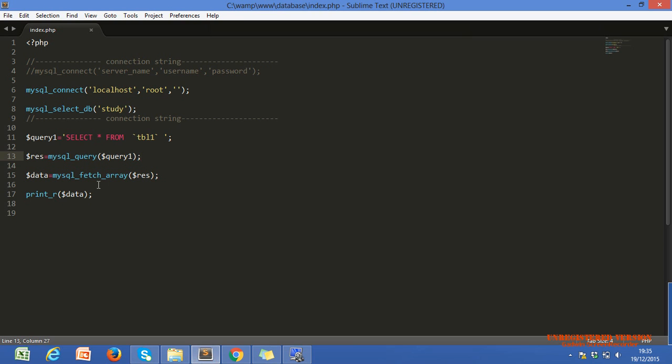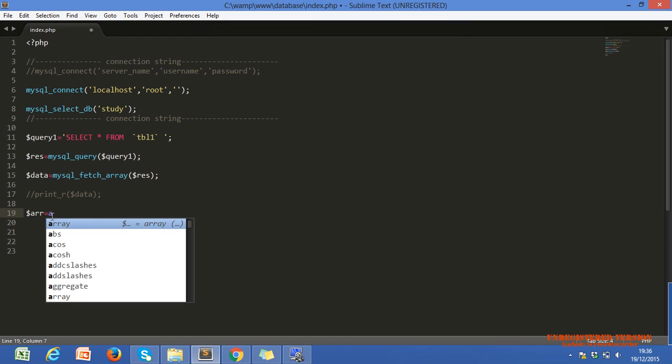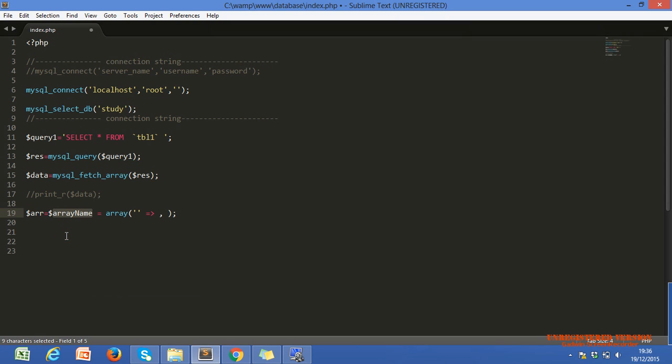One second. We have to know about the associative array before doing this. Otherwise, we can't understand the data, how we get the data, in which format, for the fetching techniques of our data. We have to know about both the indexed array and the associative array. Let's see. $arr is just a predefined variable. Now, how do we define an array? Just with the array keyword.